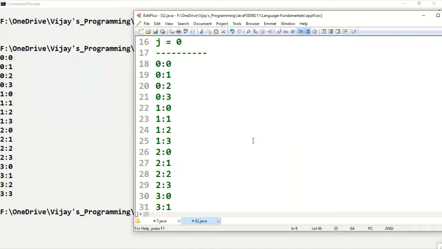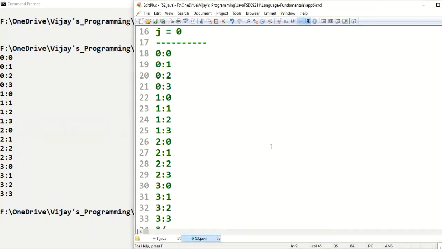This much of output we get. This is how inner loops work: a loop inside another loop.